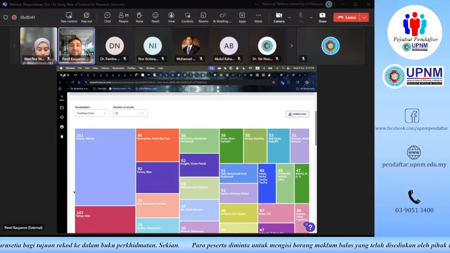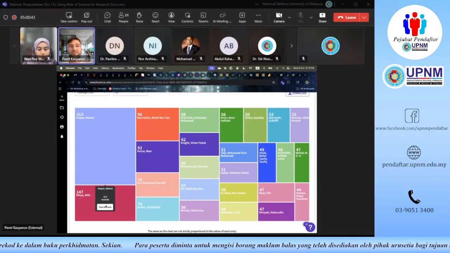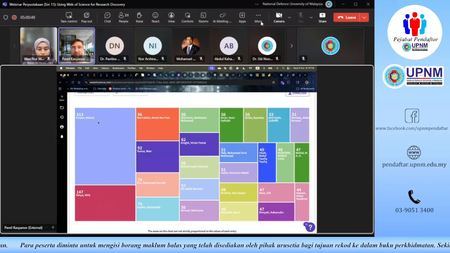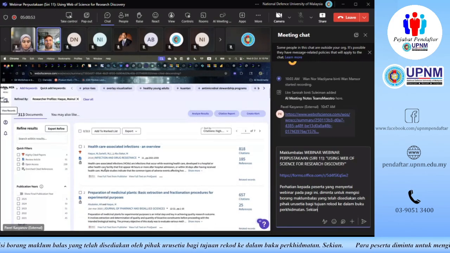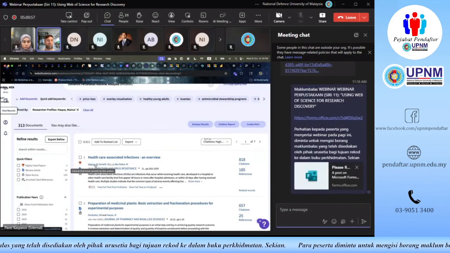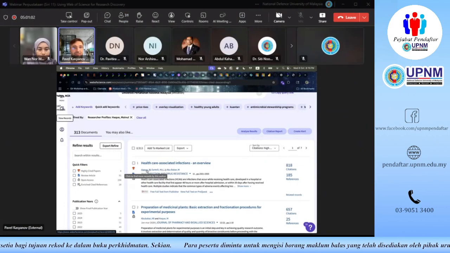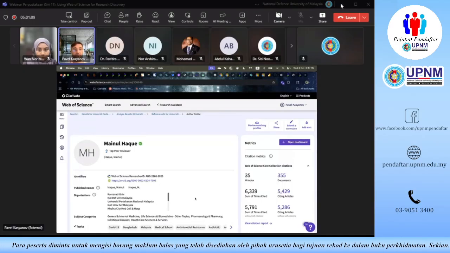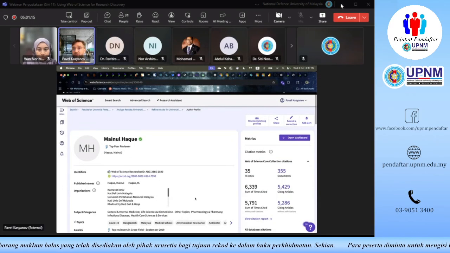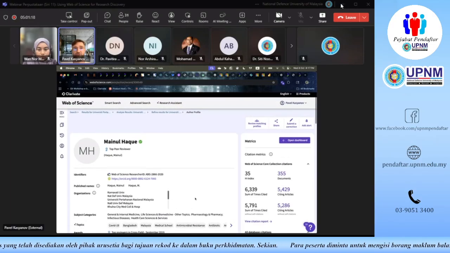And once again, if we want to see any of these profiles, we can just hover our mouse above their rectangle, click View Results. That's going to open for us the set of the results for these papers, and we can then find the name of this researcher. So I hope I pronounced the name correctly. Apologies if I didn't. And we can click, and that's how we can get into the researcher profile. And this is where I'd like probably to talk to you about the researcher profile.